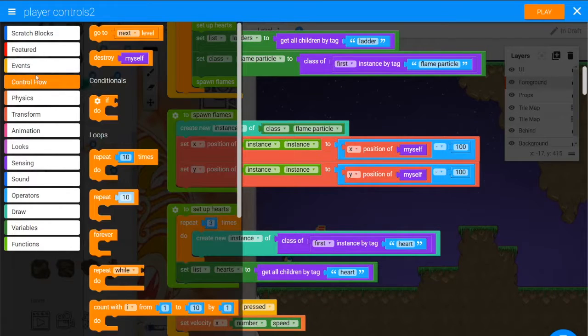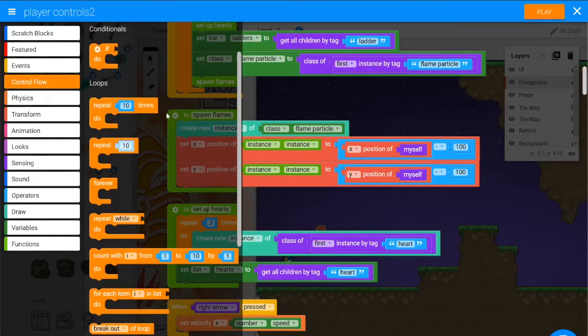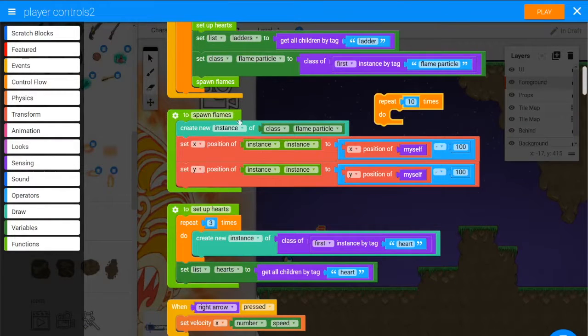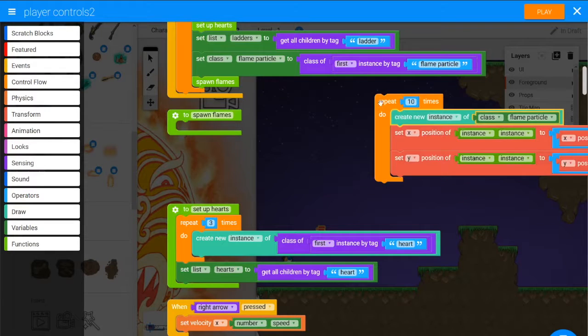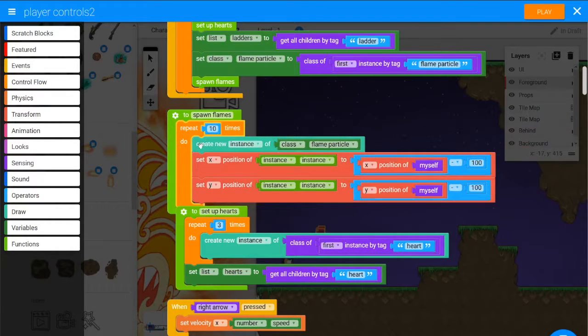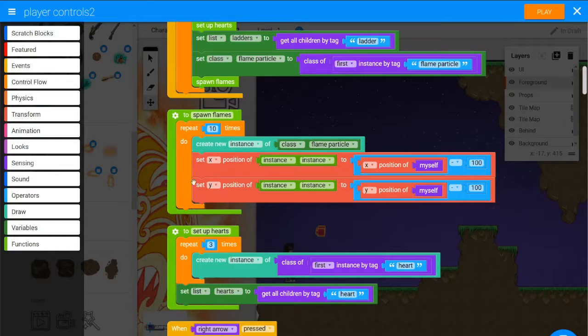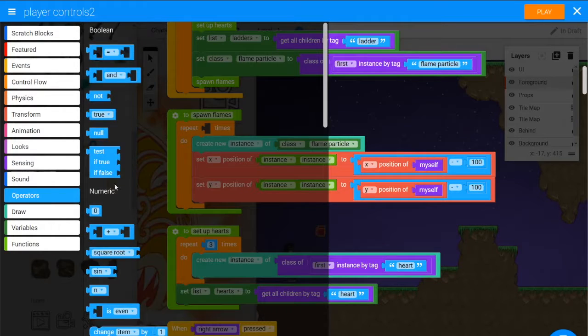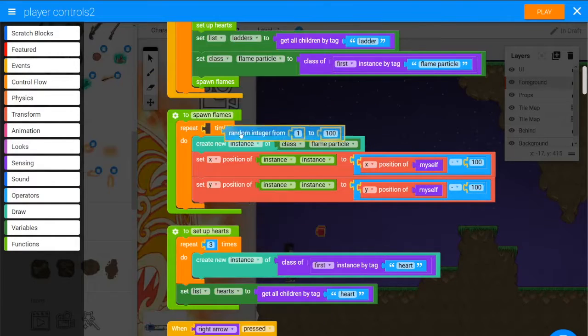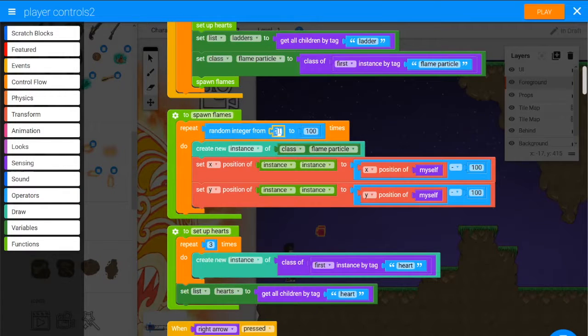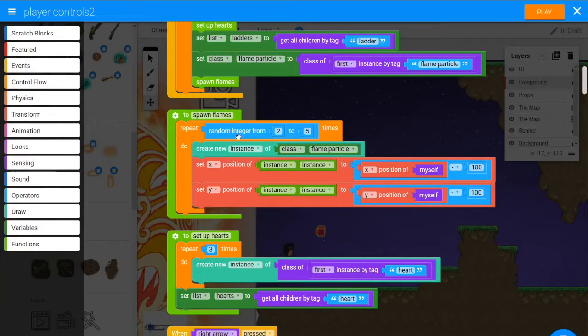Now I want to spawn multiple flames. So I'm going to use this block from control flow, repeat 10 times. This repeat 10 times block, I might randomize how many flames I create at once. So from operators, I'll use random integer from, let's say, 2 to 5. So to create a random bunch,